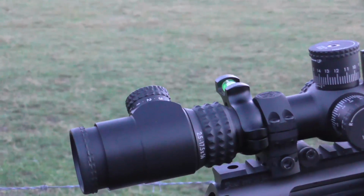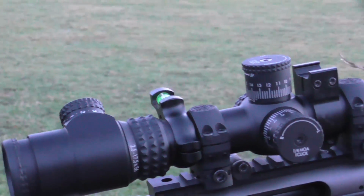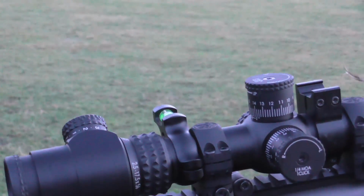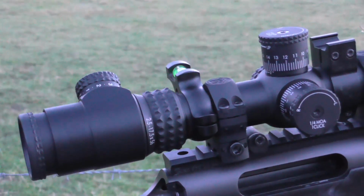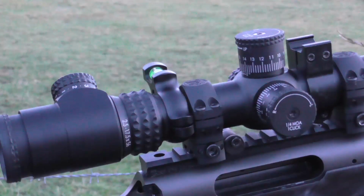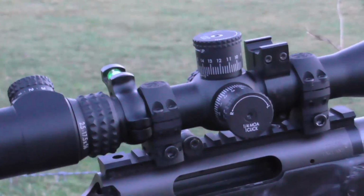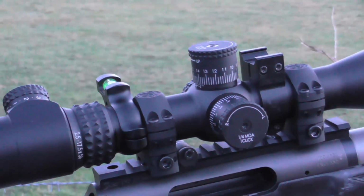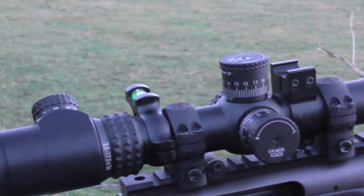I like the IR dot. It doesn't light up the whole ret like my old IOR system does, and universally too bright. It starts nice and dim, you can't even see it, and then by about 4 it started to come through. Obviously it depends enormously on the ambient light, but through it comes, and it's just the center dot. There's no bleed, it just lights up, and between each of the 11 notches, I like the fact it goes up to 11,